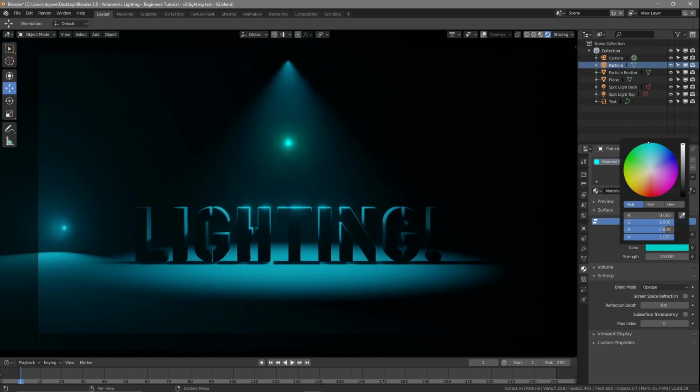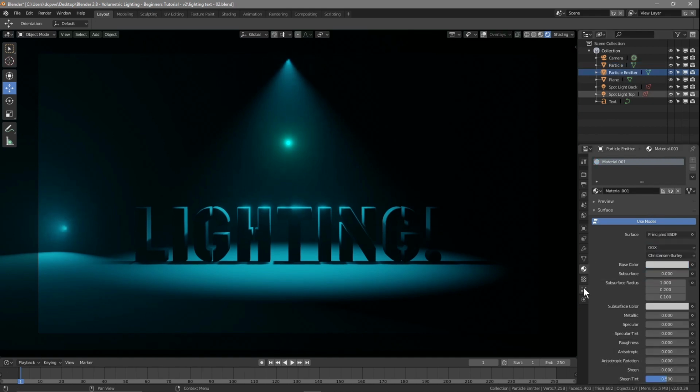So I'm going to pick something around here. I want it to be a slightly different blue shade to the blue color that we're using at present. You can see a slightly different color to this lighting at the top and the bottom here, this one. Okay, so once you set that all up, go to the particle emitter and then go to the particle system